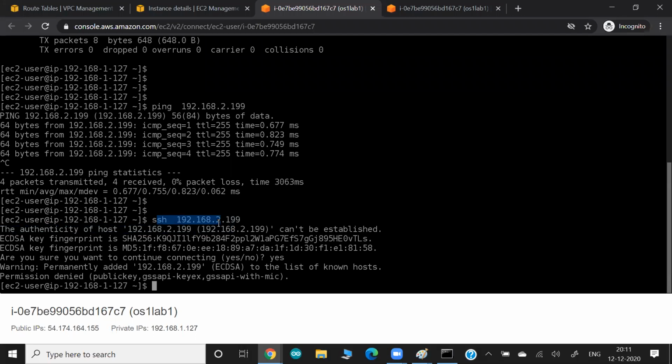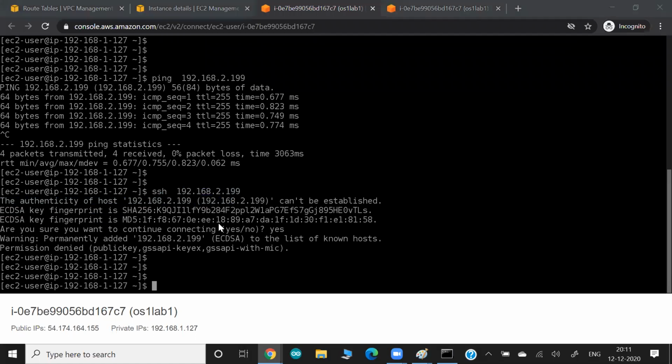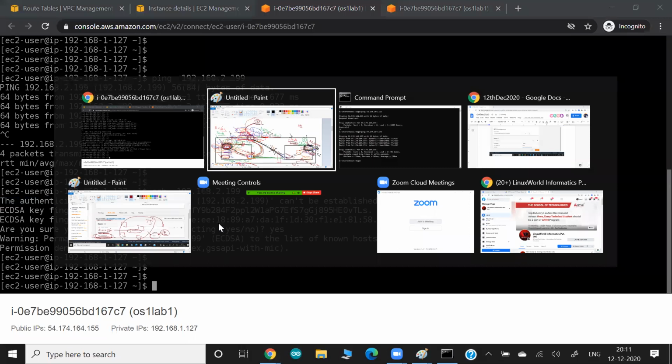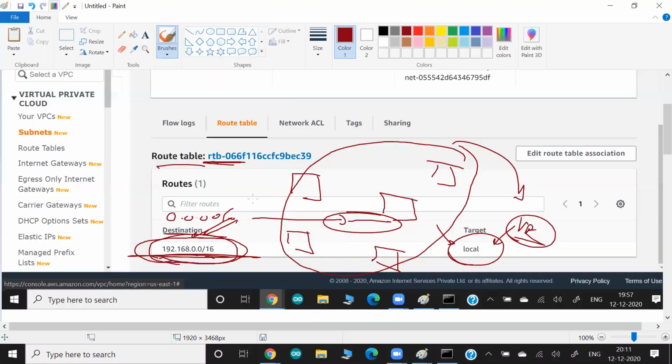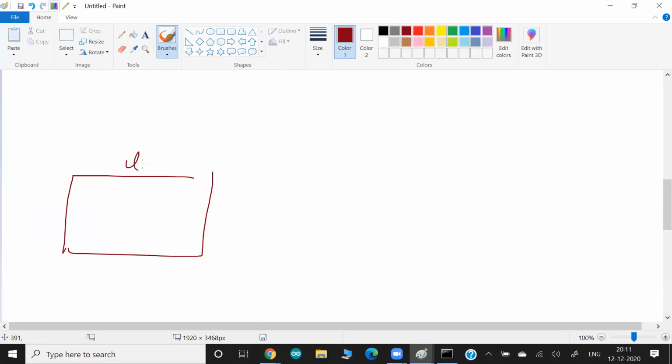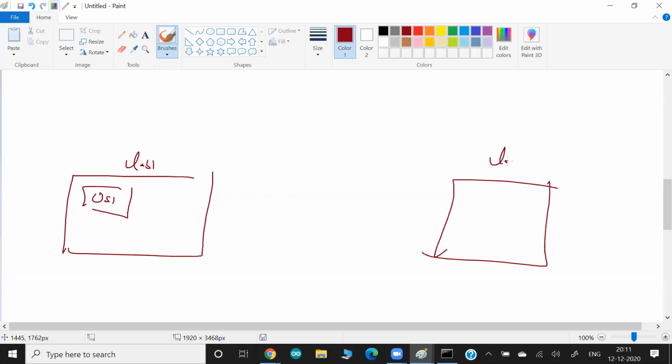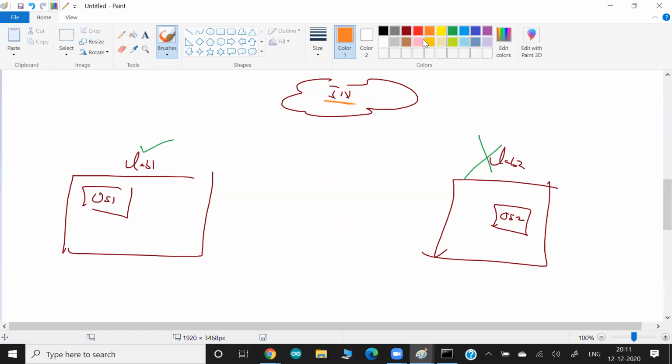So here, guys, in this case, I can use one terminology. It is something like this. This is lab number 1. It has OS1. This is lab number 2, OS2. And here we have somewhere on the internet. Because this lab is not actually connected to the internet, it means a private subnet. This lab is connected to the internet, so it is a public subnet. So if somebody from the public, like we as an admin of these guys, want to configure this guy,